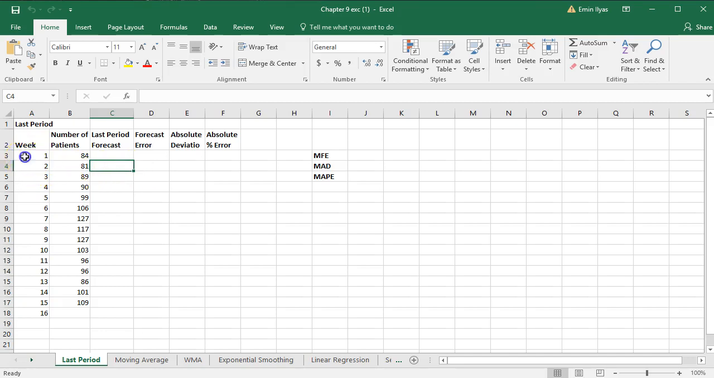So if we are at week 1, obviously we're going to forecast week 2, and the forecast for week 2 will be our actual, in this case sales, for week 1. So we're just going to come here and type equal 84. So now we're predicting that in week 2 our sales will be as in week 1. So 84, 84. And then for week 3 we predict that our sales will be like in week 2, which